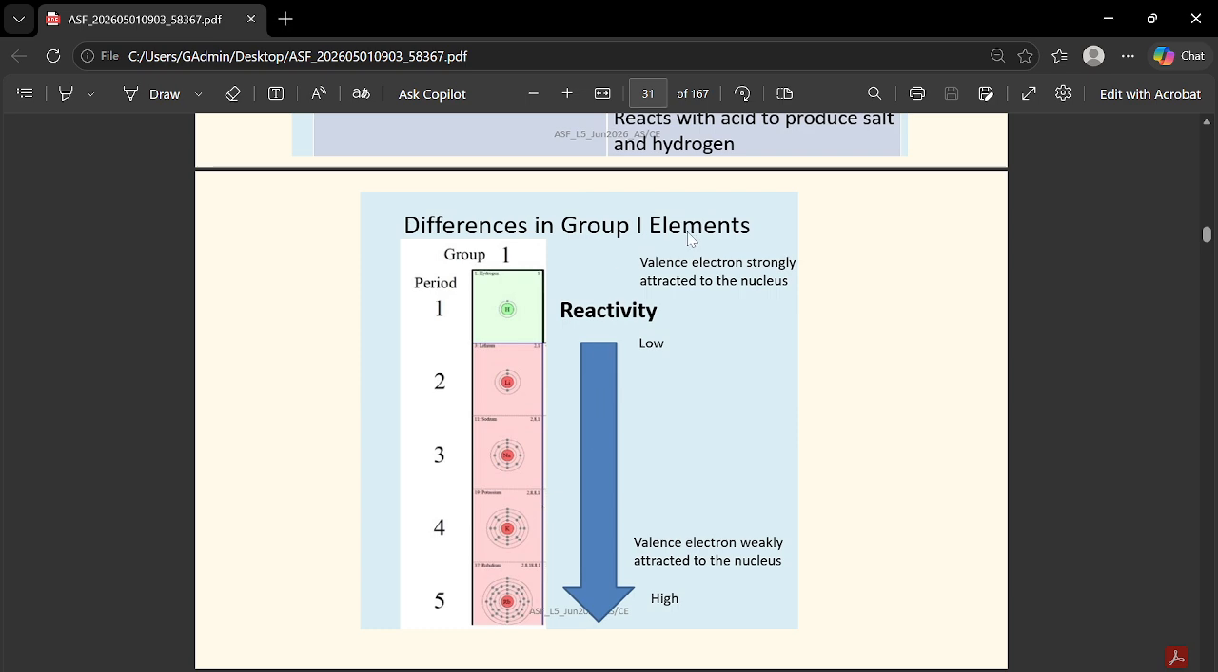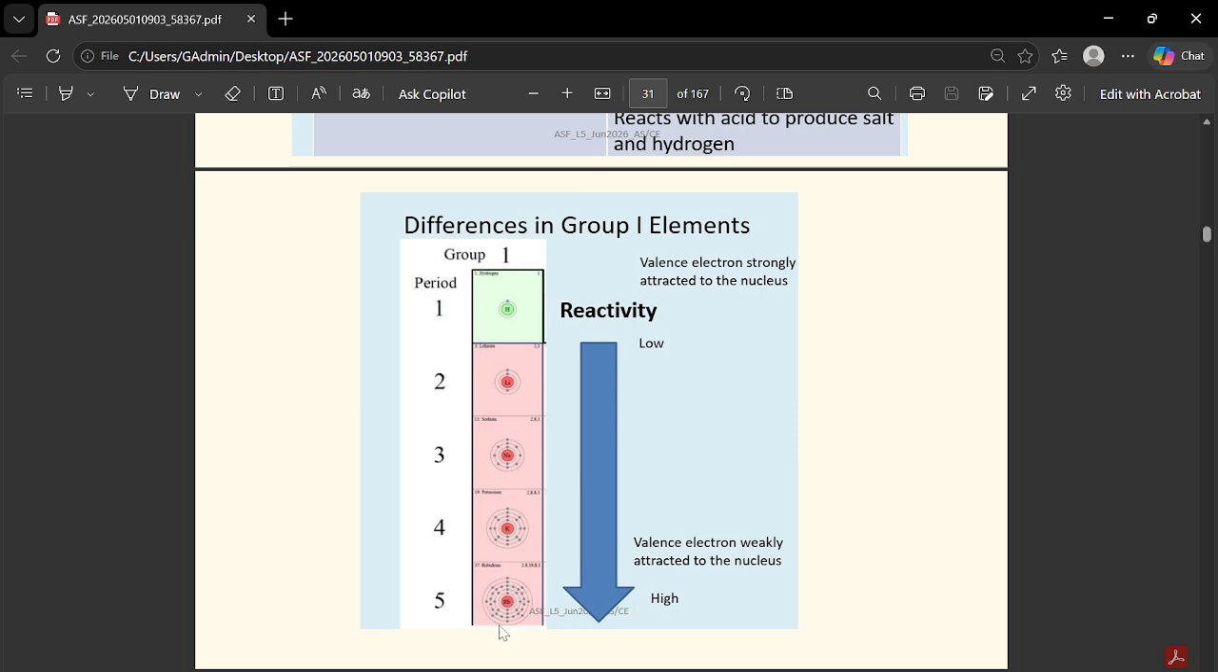So the differences in actually group 1 elements. I'm talking about metals, for example, right? So as you can see with that giant arrow, as you go down the group, the reactivity actually becomes more reactive. Why does that happen? The reason is that as you go down the group, the atomic structures,